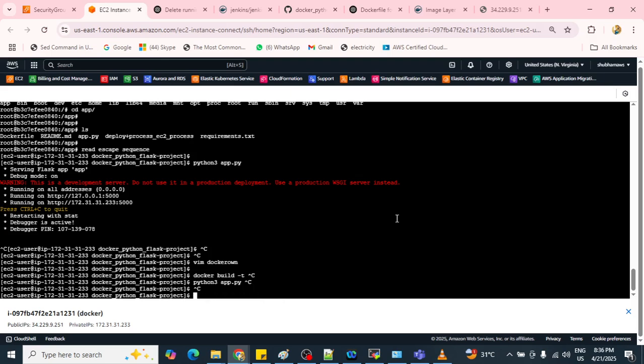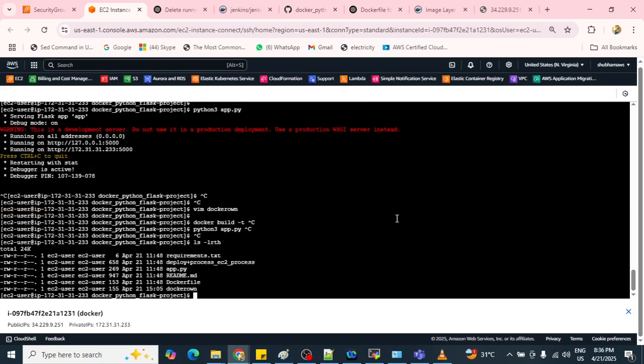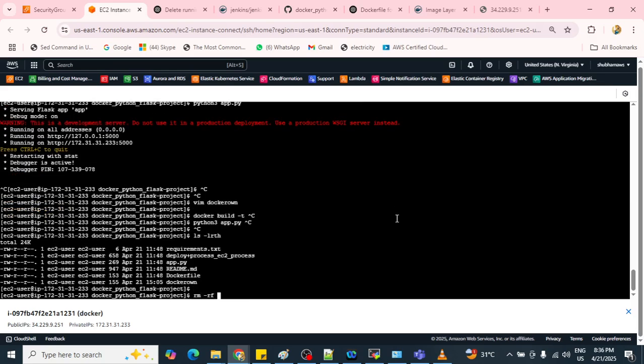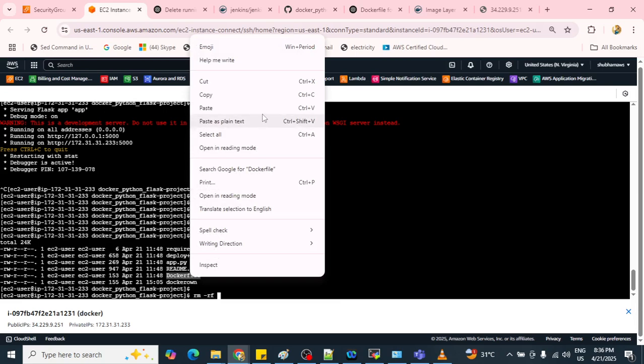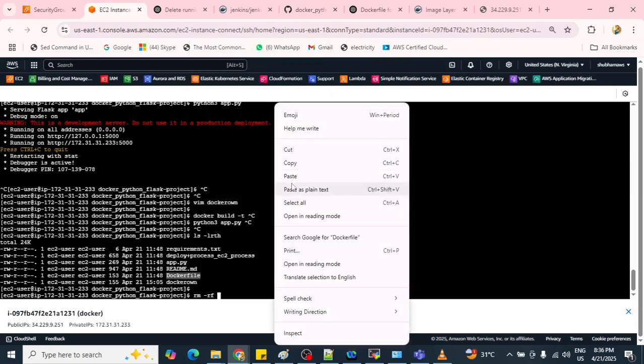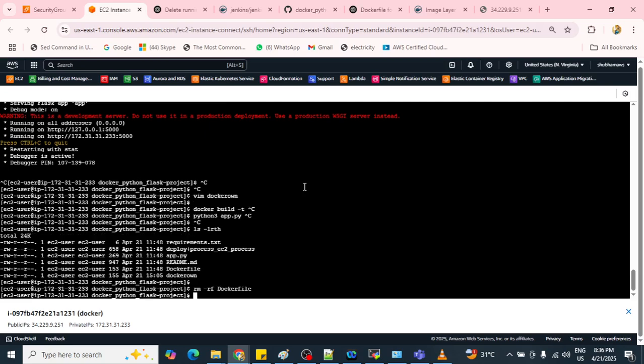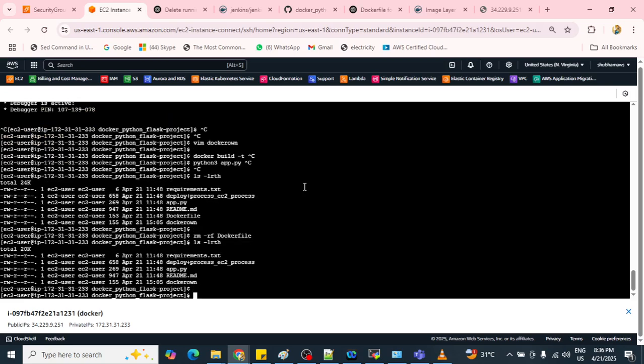One minute, let me delete this Dockerfile, because it is already there, so it will take that Dockerfile only. So now docker build -t, tell any name, docker app, dot.